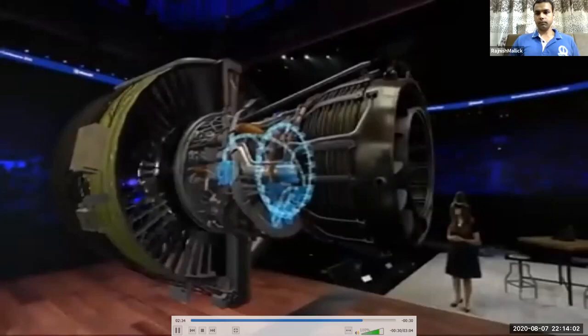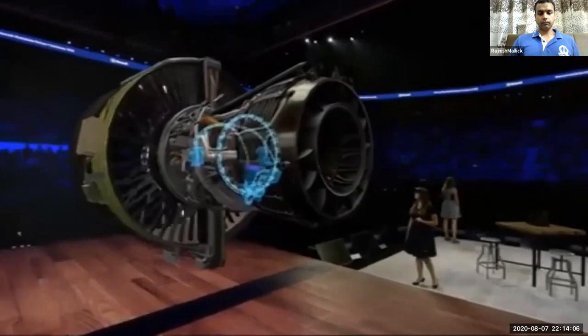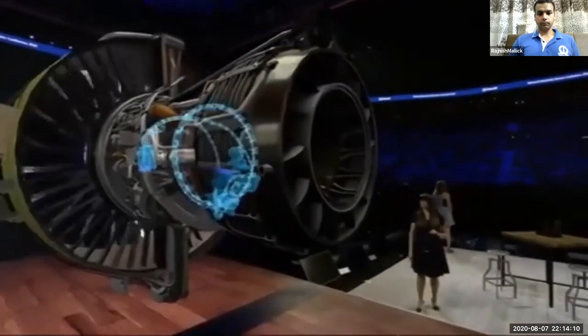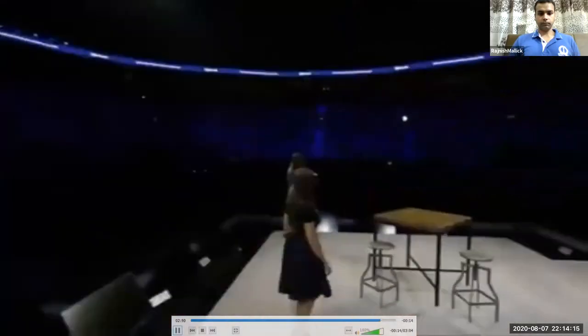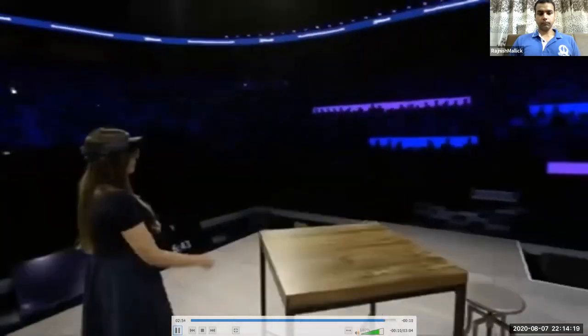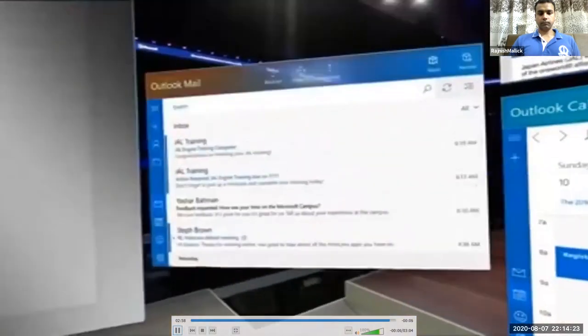HoloLens gave her the flexibility to learn in any location, at any scale, and at her own pace. Any company that needs to train and develop their employees, and any partner who helps companies with professional training has a big opportunity. You will